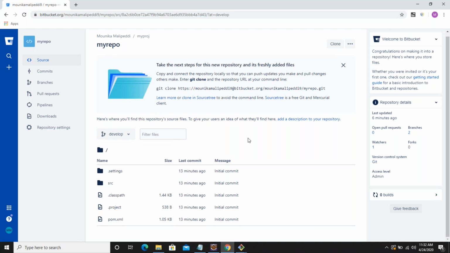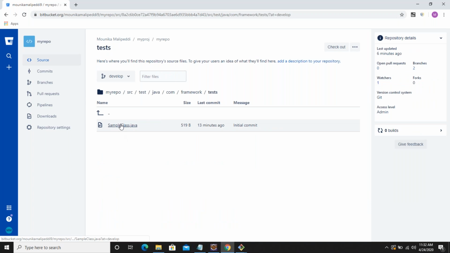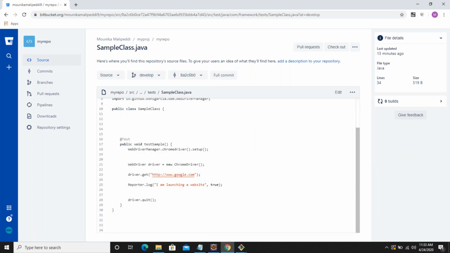Okay, now you can go to develop branch, click on the source repository, click on this test tab, click on the sample class.java class, and if you go there, where is the thing I have added? I have added a line, right, to get the title of the page, but I am unable to view the title of the page. Where is that line?